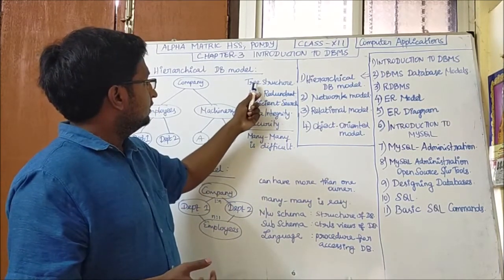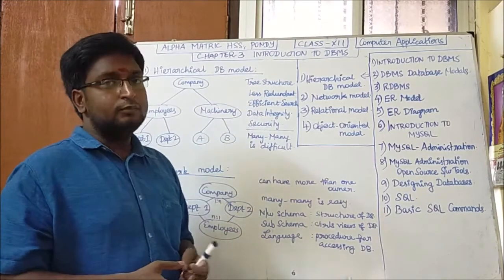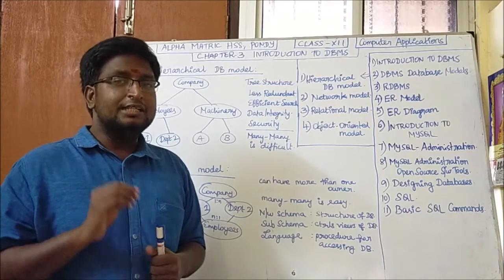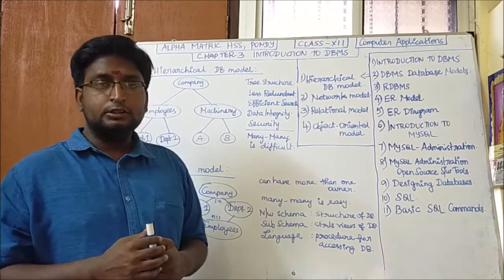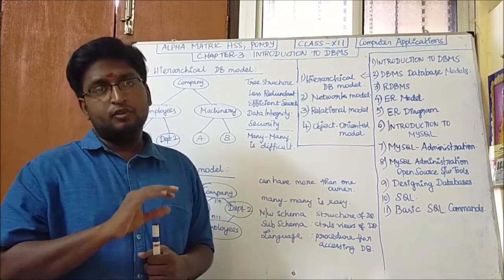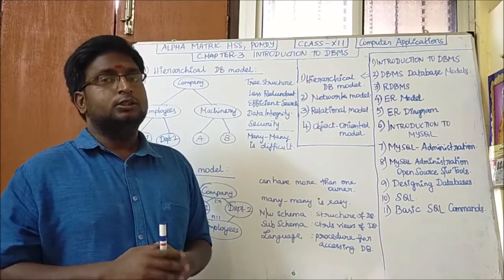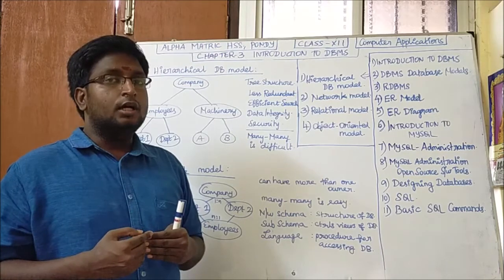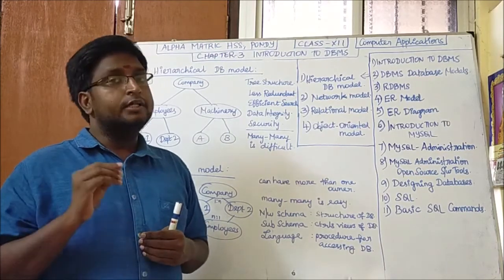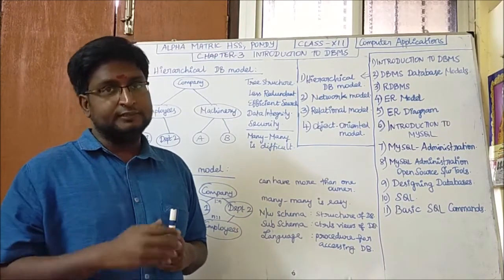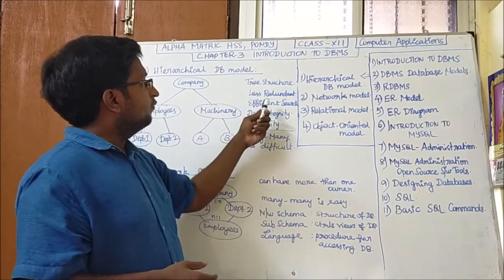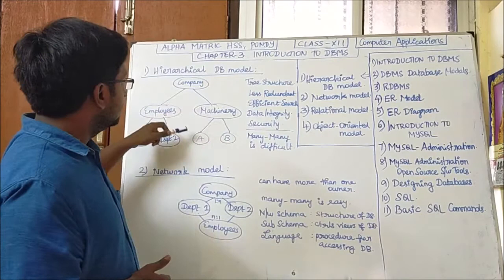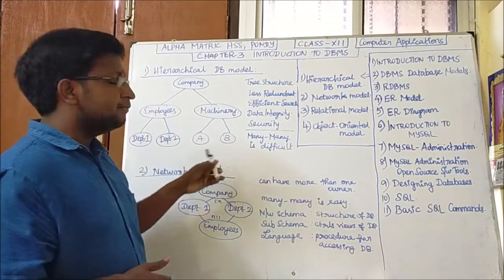So in this model we have some advantages. The first one is less redundancy of data. The data repetition is totally avoided in this model. The data cannot be repeated and we can easily identify the data repetition in case it occurs. The next one is efficient search of data. I can easily traverse through the database and access any members easily.